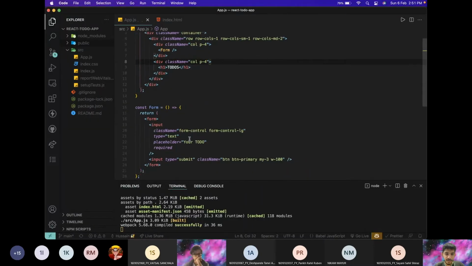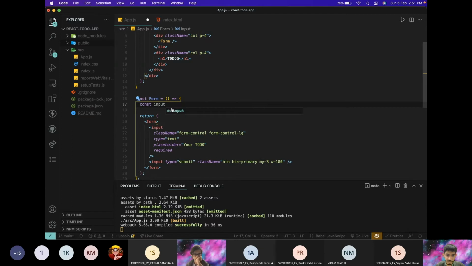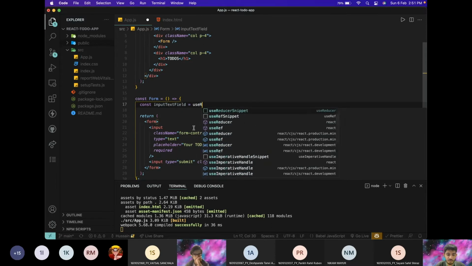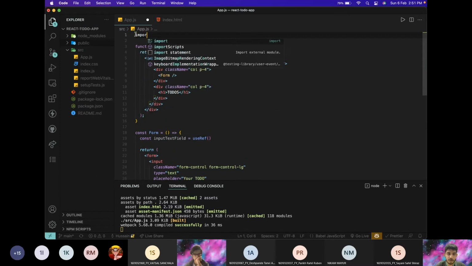Okay, so now like yesterday, I need some way of keeping track of what is in this input field, right? As we saw yesterday, something called a useState hook. Today we will see a useRef hook. What this useRef hook will do is keep a reference of our input field. I'm creating a variable inside of my form component and calling it inputTextField, and here I will use something called useRef, and I will just import useRef